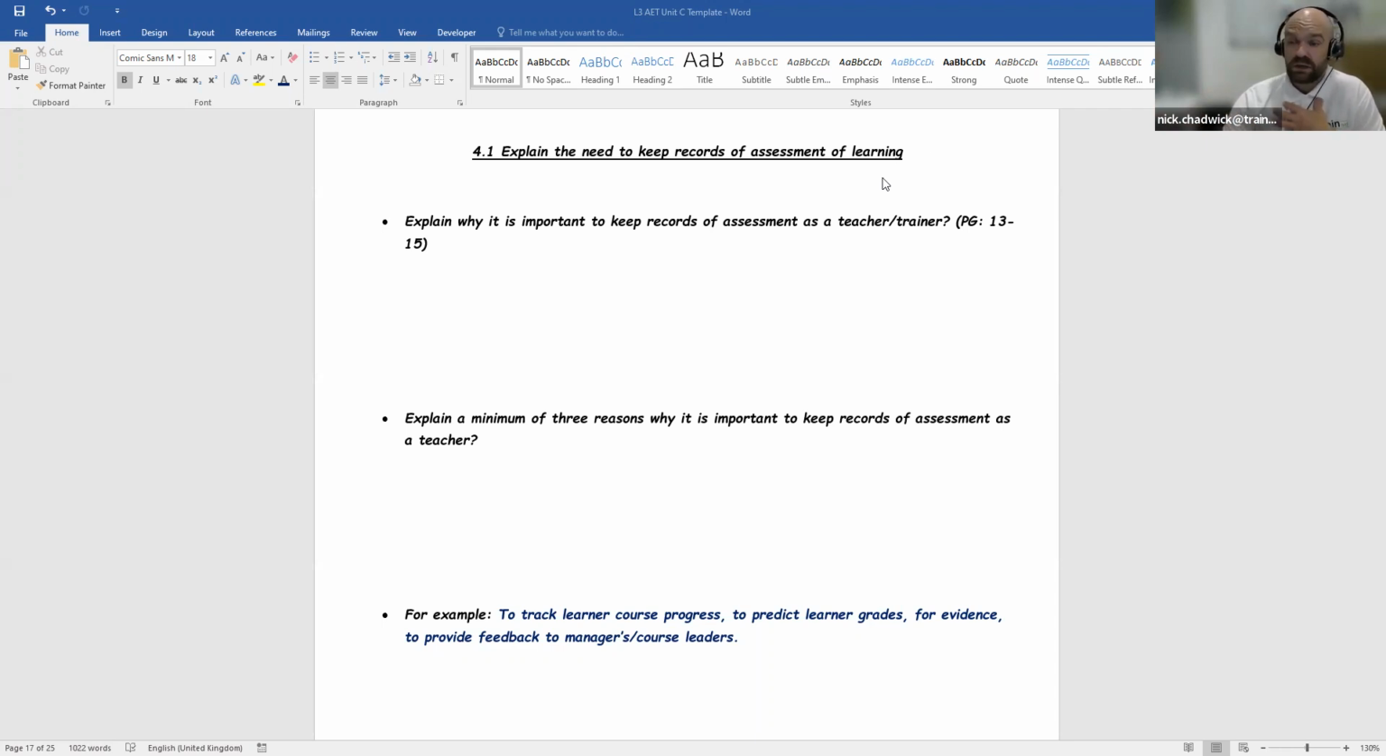So in my days working as a college teacher, I would have to constantly keep learners' records of achievement up to date. And I was always accountable to my managers, my head of departments, and they were accountable to directors of learning, for example. So there is a chain of importance, and that's why it's so important to keep records there. So we are wanting you to explain a minimum of 3 reasons why it is important to keep records of